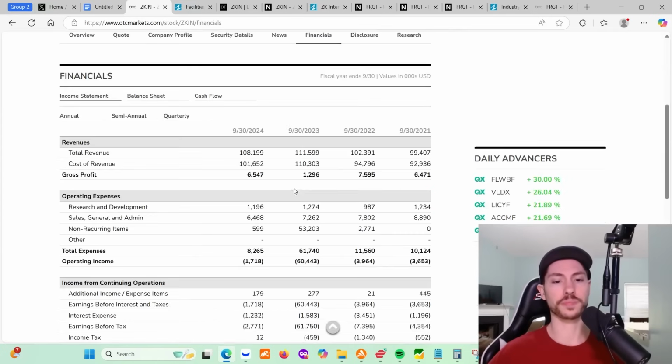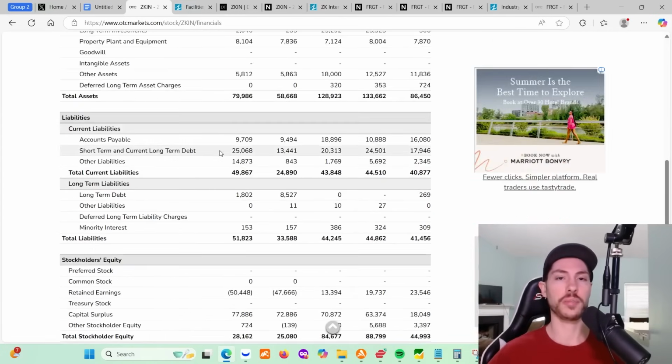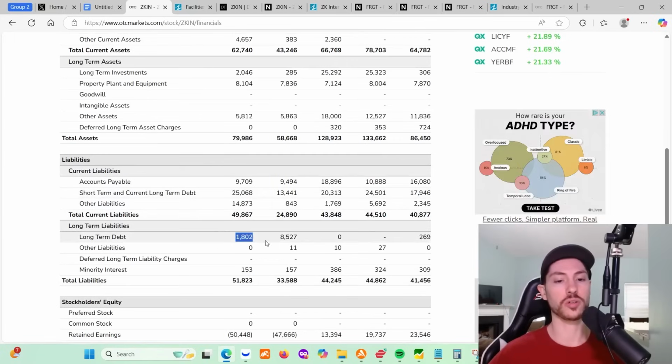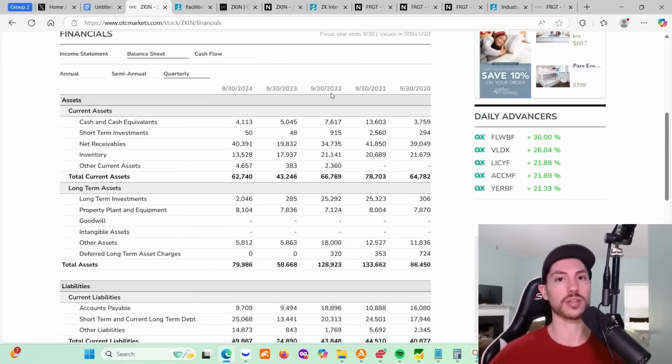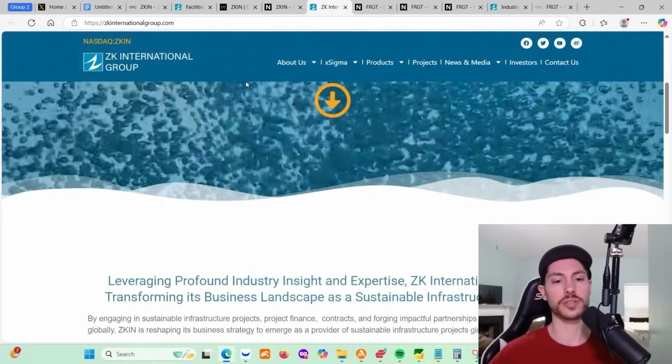Looking at their assets, they do have $80 million in total assets compared to $52 million in total liabilities, but very minimal long-term debt. That's what I really like to look at. Less than $2 million in long-term debt and $80 million in total assets for a $5 million market cap is pretty good. And something else I really do want to mention right here is